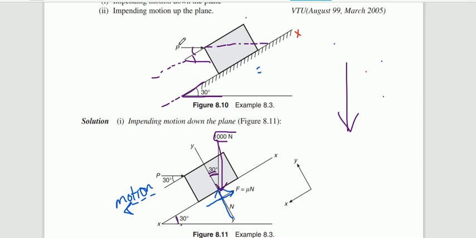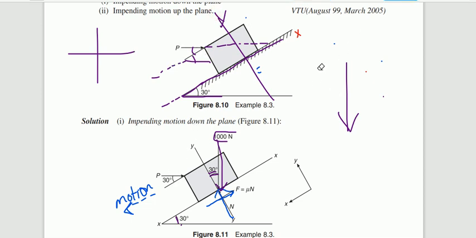So P is making an angle of 30 degree with respect to our horizontal, because P becomes an inclined force in this coordinate system. For this x and y axis, P becomes the inclined force. But if you are considering natural x and y, then P is horizontal. But here our x and y axes are along the incline, therefore P becomes an inclined force. The inclination of P is 30 degree.